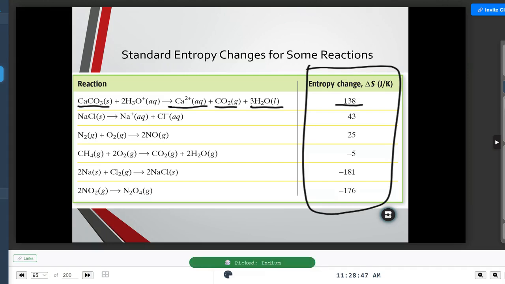I'm going to call on Indium. Yeah, so why do you think this entropy change is giving us a positive value? Why is our entropy increased here? Just because it's more dispersed. Okay, good. Tell me about more dispersal here with the equation. It's because it's... I'm not sure. Is it because it's producing more than, like... I'm trying to think of the word. I can't remember what the word is. But it has three things.